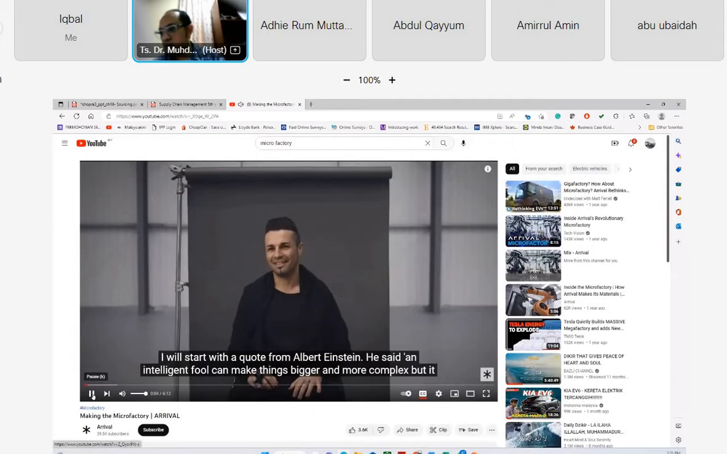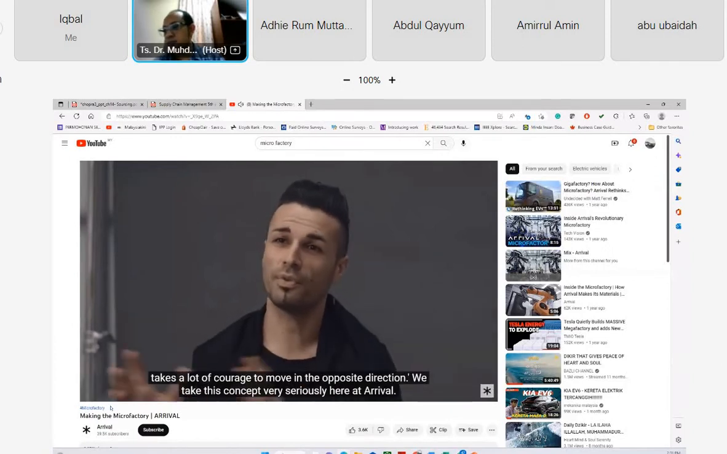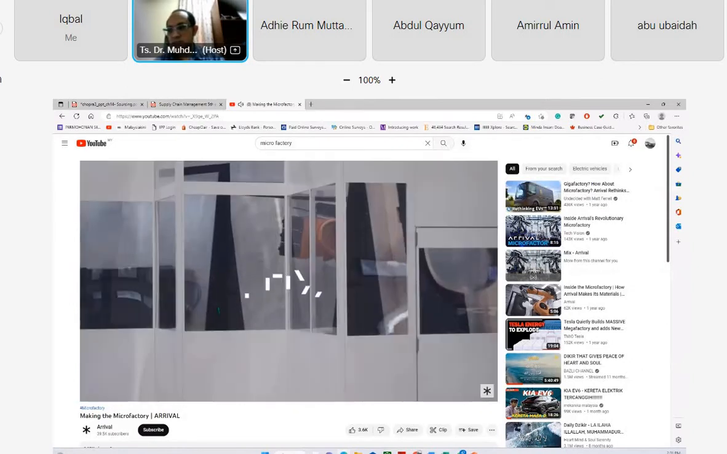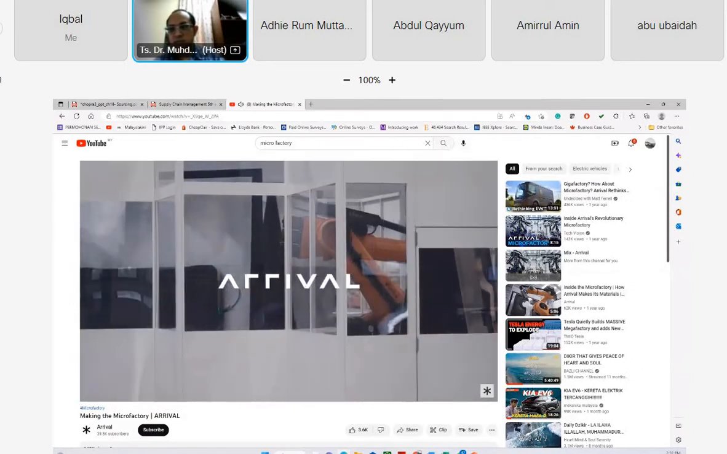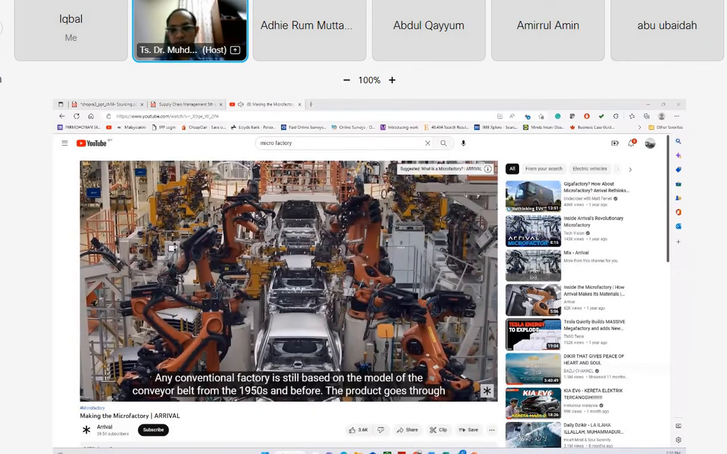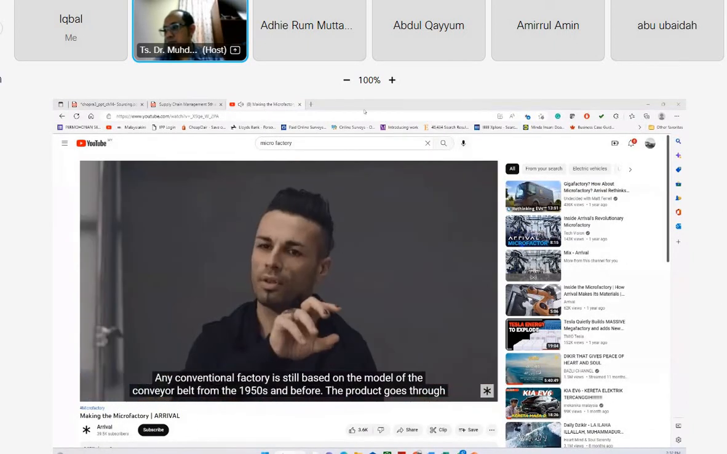Albert Einstein said, an intelligent fool can make things bigger and more complex, but it takes a lot of courage to move in the opposite direction. We take this concept very seriously here at Arrival. Any conventional factory is still based on the model of the conveyor belt from the 1950s or Henry Ford. The product goes through